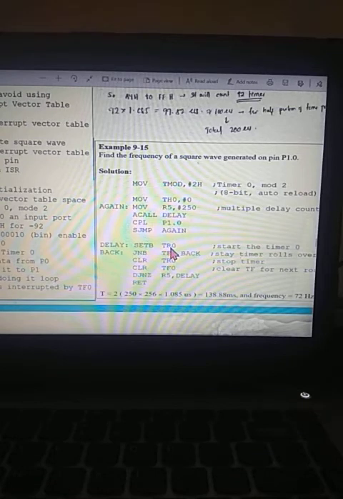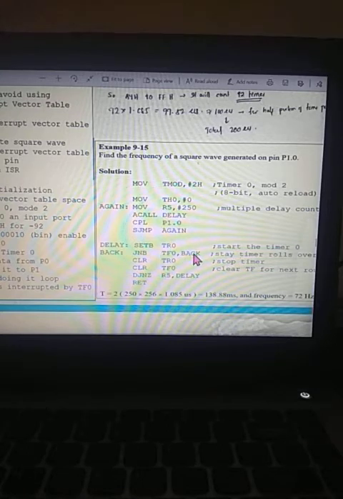We have started timer 0, and once we start it, counting will start from the minimum value and reach the maximum value. So JNB TF0 means as long as this TF0 equals 0, this particular loop will continue. JNB TF0, back: jump if bit equal to 0.